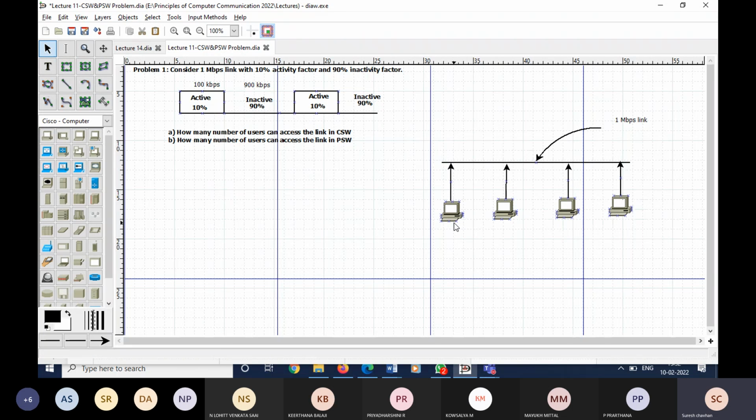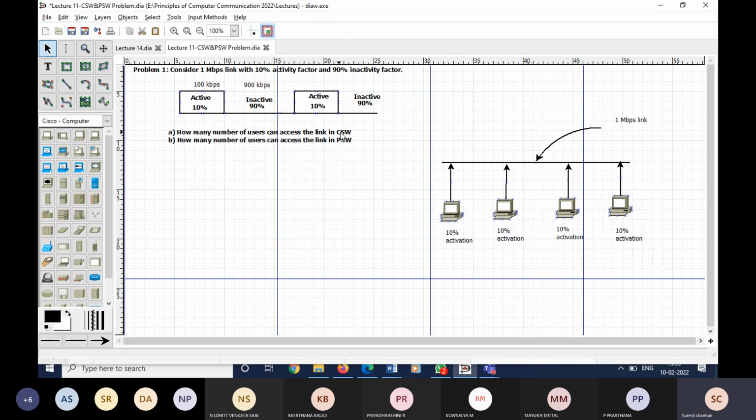Each of these devices can be active only 10% of the time. Only 10% of the time can they be active. And 90% of the time, all these systems will be inactive. Okay, so now the question is,